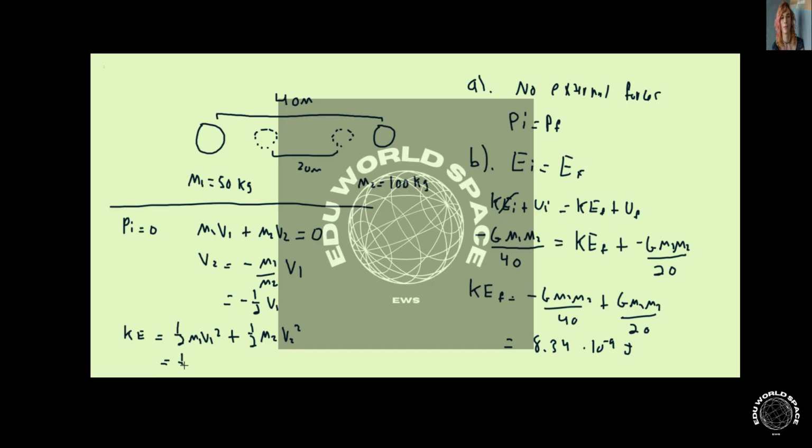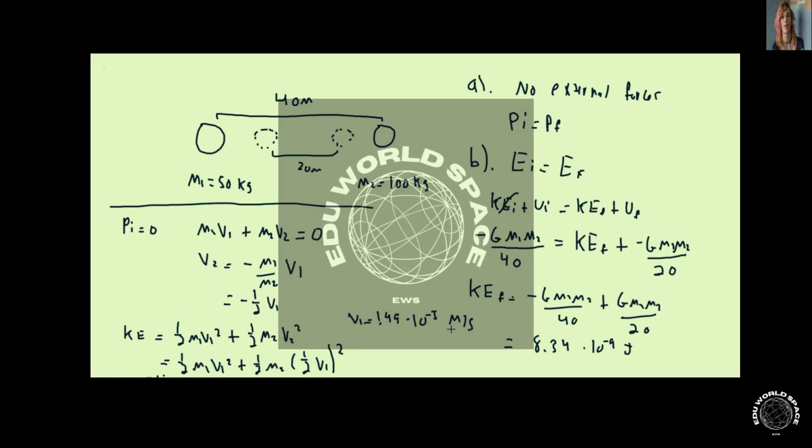So this will be 1/2 m1 v1 squared plus 1/2 m2 times 1/2 v1, and then that whole thing squared. Now plugging in the values for m1 and m2 and using our value for kinetic energy, we can get that v1 is equal to 1.49 times 10 to the minus fifth